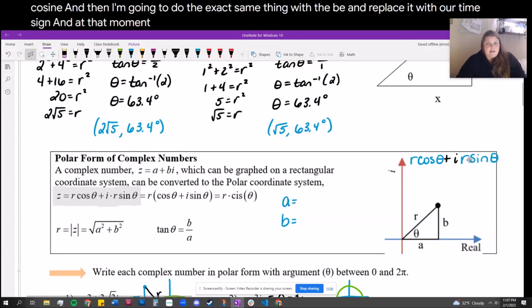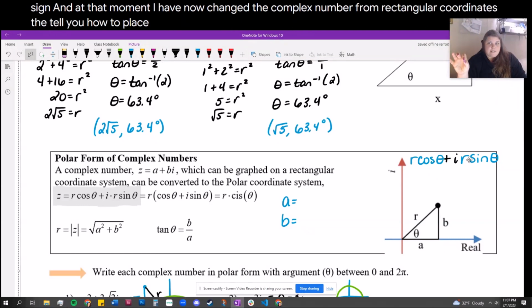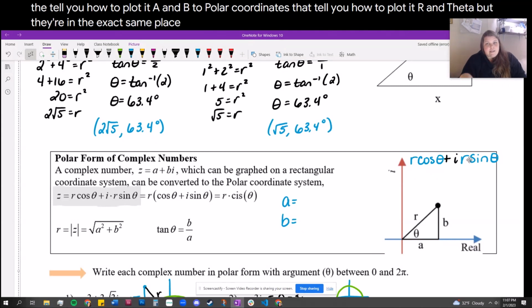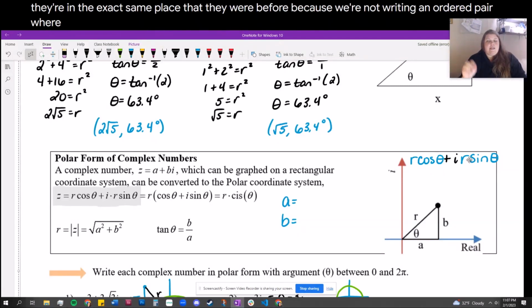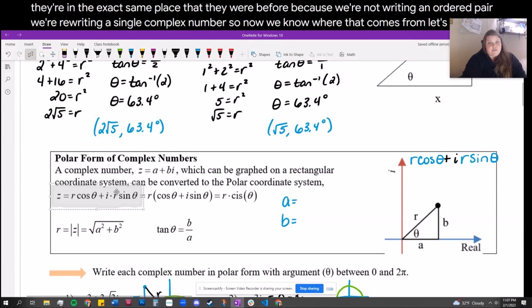And at that moment, I have now changed the complex number from rectangular coordinates that tell you how to plot it, a and b, to polar coordinates that tell you how to plot it, r and theta. But they're in the exact same place that they were before because we're not writing an ordered pair, we're rewriting a single complex number. So now that we know where that comes from, let's look at some shortcuts for how